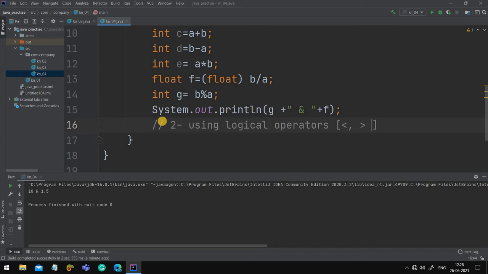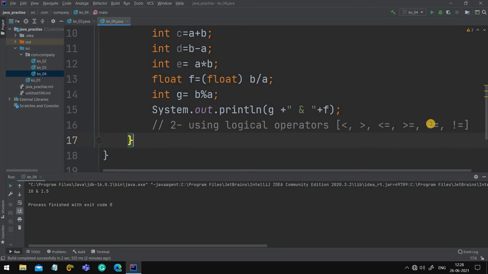Smaller than, greater than, after that greater than equals to, smaller than equals to, after that equals to, double equals to means is equal, and at the end logical not, it is not equals to. Okay, now let's see how to use them.